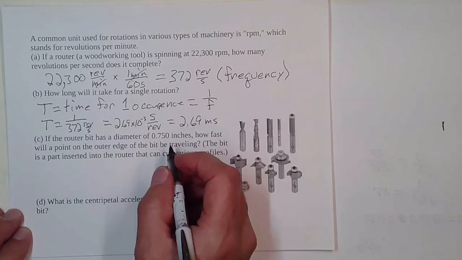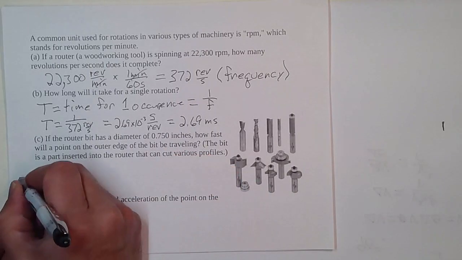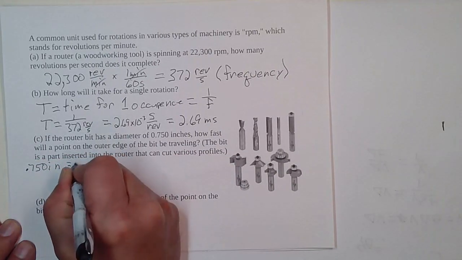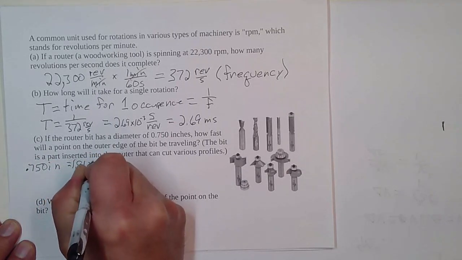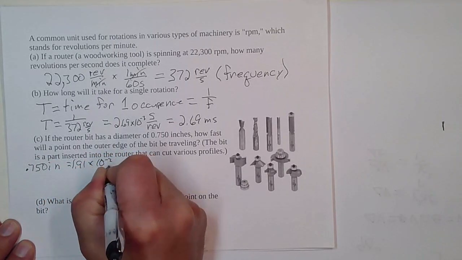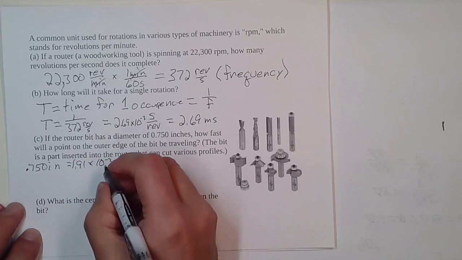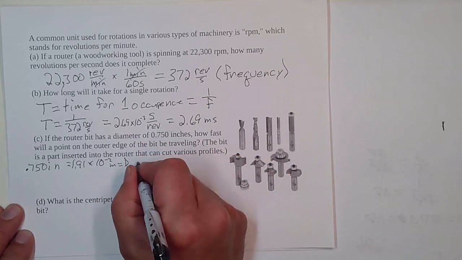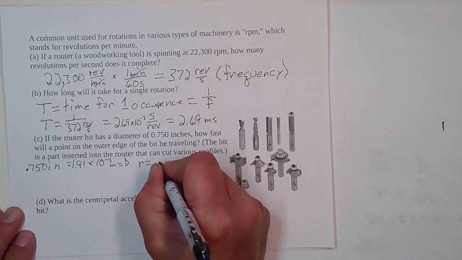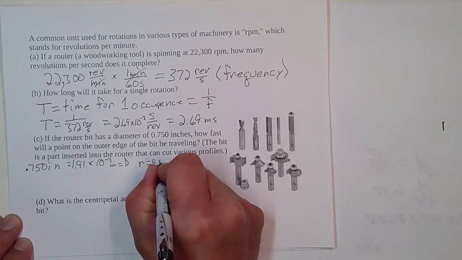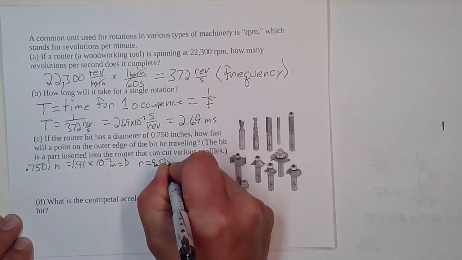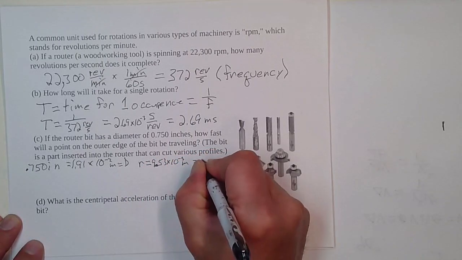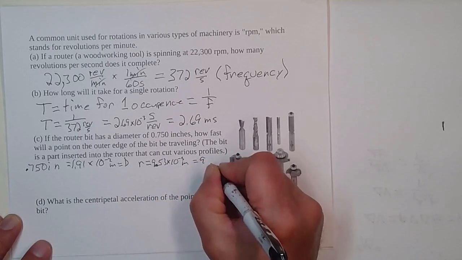First thing I want to do is convert that 0.750 inches into meters. And when I do that, I get that that's equal to 1.91 times 10 to the minus 2 meters. But that's the diameter of the thing. I want the radius. So if I just take that and divide by 2, I get 9.53 times 10 to the minus third meters, which another way of writing that would be, there's that 10 to the minus third multiplier again,